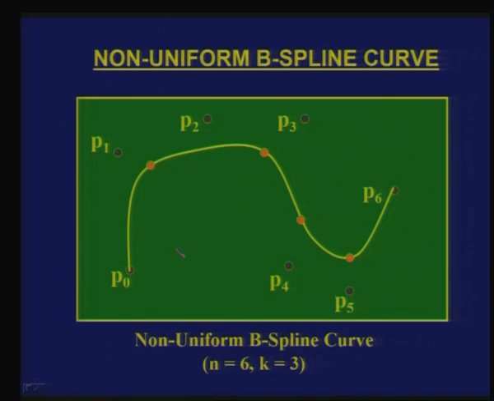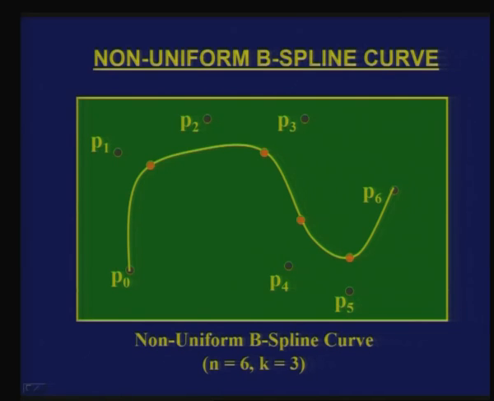Now, coming back to this, let us look at which points really influence. If I take a curve segment like this, the first segment which goes from u is equal to 0 to u is equal to 1, this portion of the curve is influenced by only k points, whatever k I am choosing. K here is 3. So, this first portion is completely defined by the points P0, P1 and P2. Whatever the coordinates of P3, P4, P5 and P6 are, they have no influence on this portion of the curve.